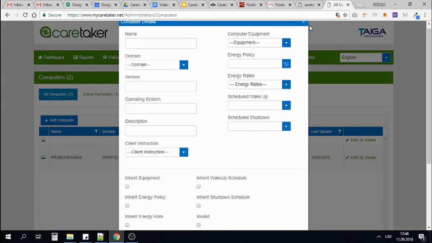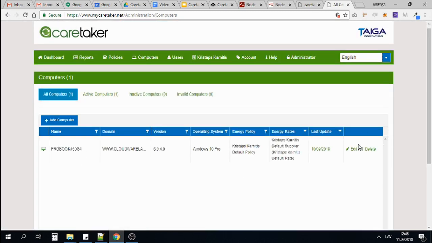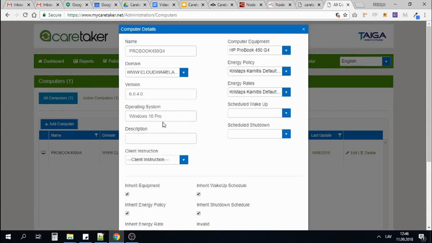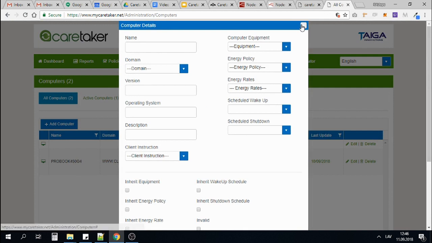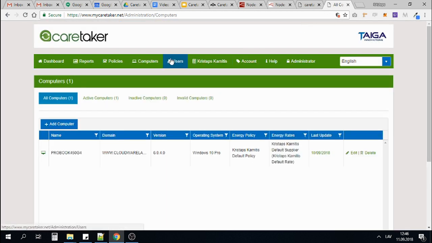Here you can see all the computers currently available. We can edit all kinds of settings, including what kind of energy policy this computer is going to follow, what energy rate applies if you're running in different cities and different offices, for example, as well as you can schedule times when the computer wakes up or shuts down. Let's say if you want the computers to be active only during work hours, then you can set that up here. Now, if you want to add a new computer, simply click here, and you can add it manually like this, or you can also